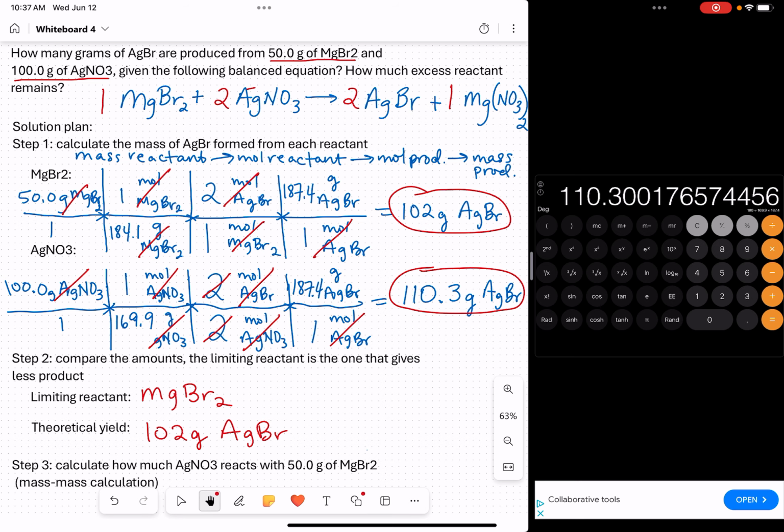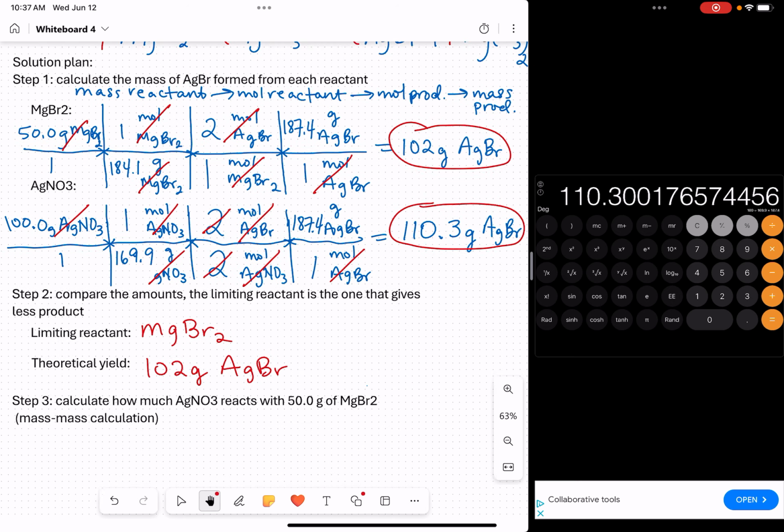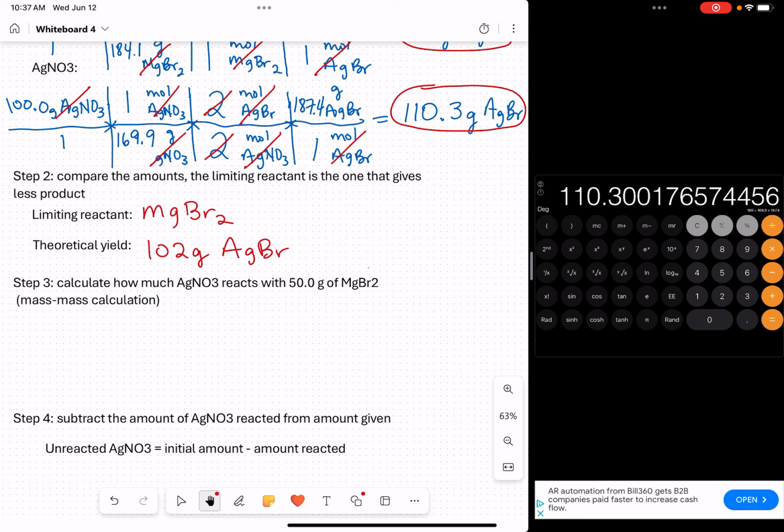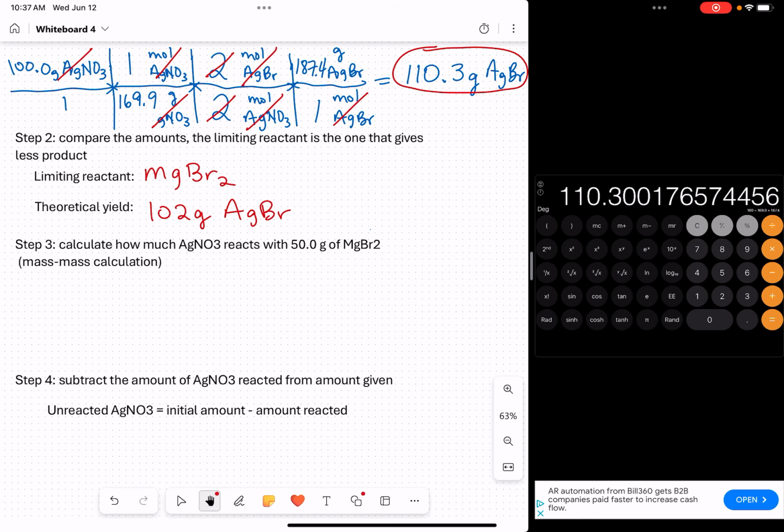But now we have another question to ask or answer. We need to figure out the excess. So the way we do that is to figure out how much silver nitrate reacts with 50 grams of magnesium bromide. So this is another mass to mass calculation, but instead of mass of reactant to mass of product, we're going mass of reactant to mass of the other reactant. So what I'm doing here